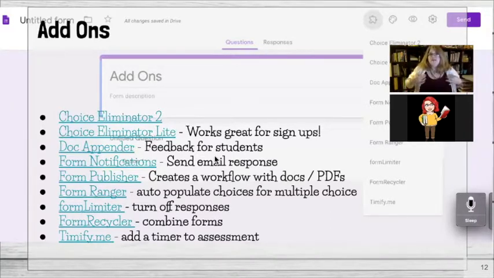Like I said, the ones that I have used in the past are DocuPender and Flubaroo, but Choice Eliminator is my next one that I'm for sure going to be using. Okay,